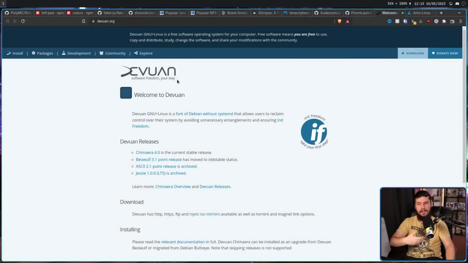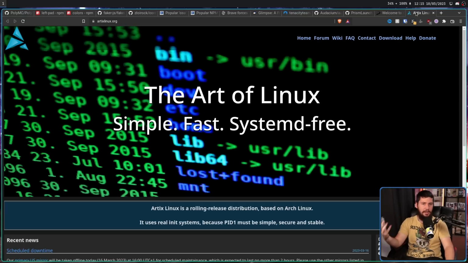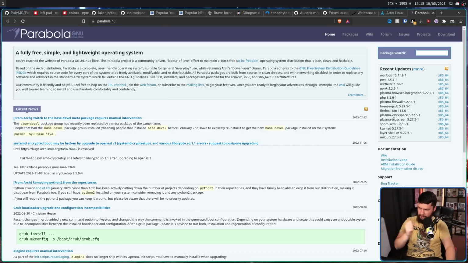And there is another category of software with quite a few success stories. The protest distros. Linux distros that exist for protesting, say, systemd, like Devuan, based on Debian, or Artix, based on Arch Linux. Distros that exist for protesting proprietary software, like Parabola, for example. I should have opened it because it's a very slow page.